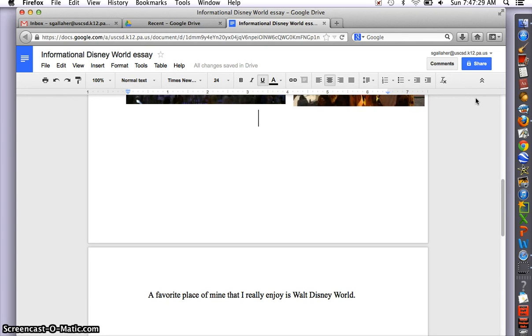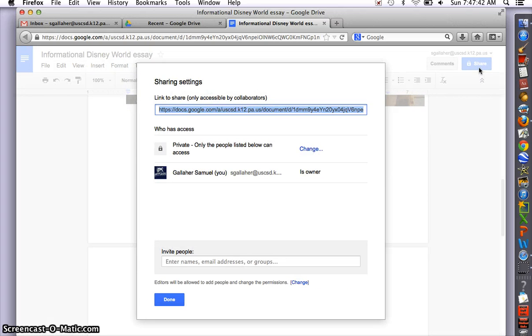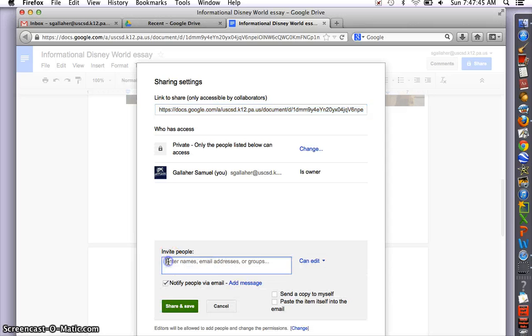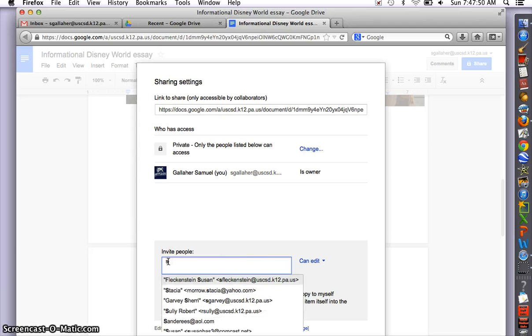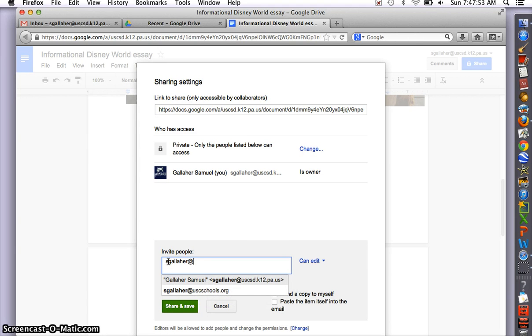And then once you have typed the entire essay, you're going to send it through your Gmail account to Mr. Gallagher. And to do that, what you will do is you'll press the share button, and you will type in my email address into that Google box where it says invite people. And my email address looks like this: sgallagher@uscsd.k12.pa.us. Now, as you start to type that email, you should have it come up pretty quickly since we've used Google Drive before this year already. And then you're going to press,